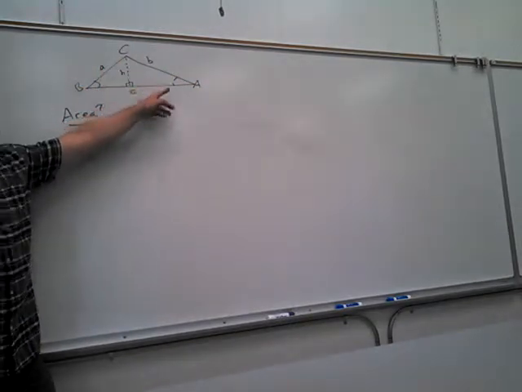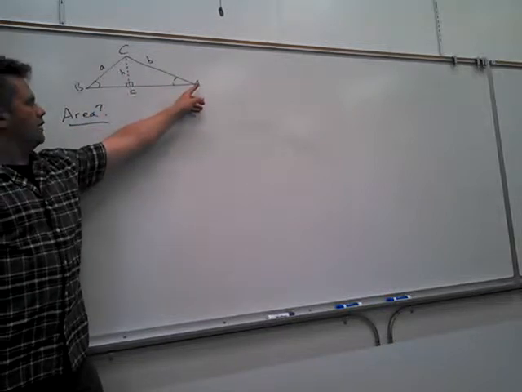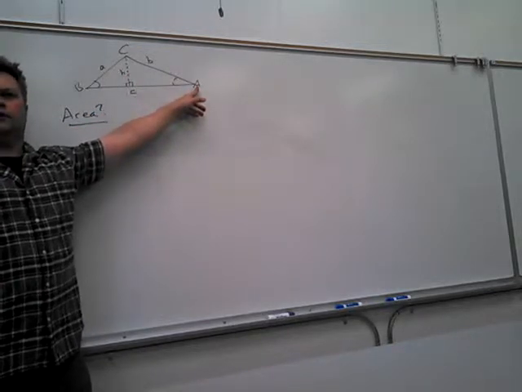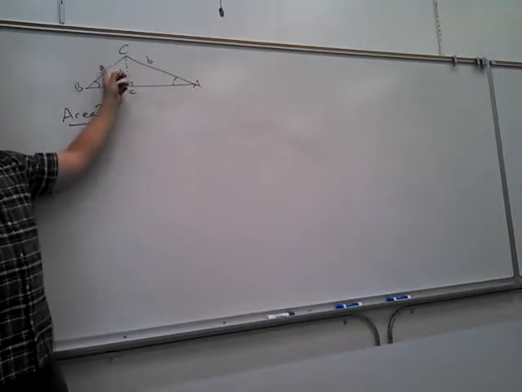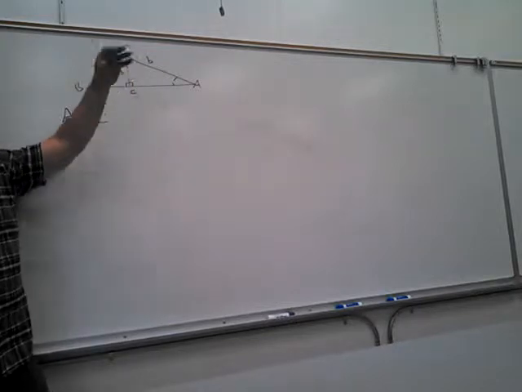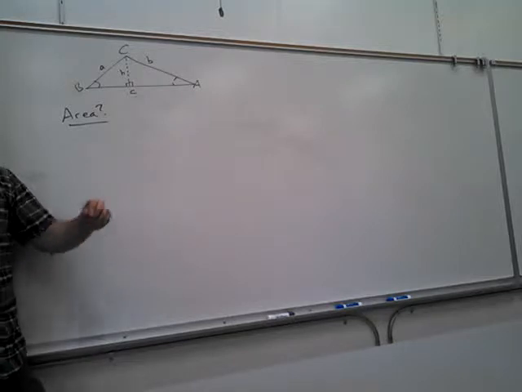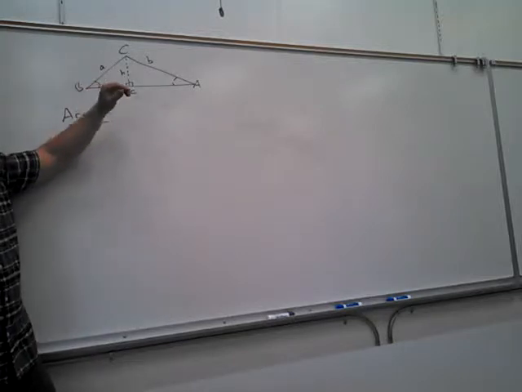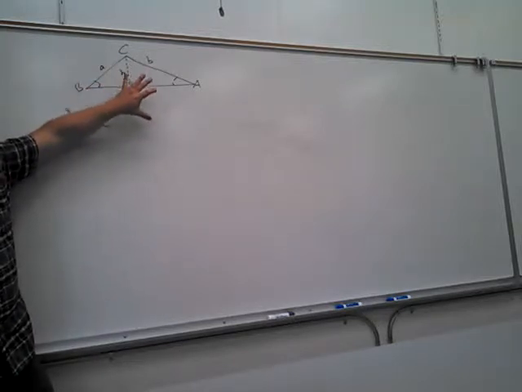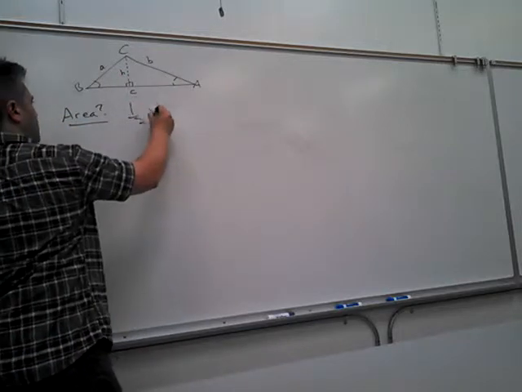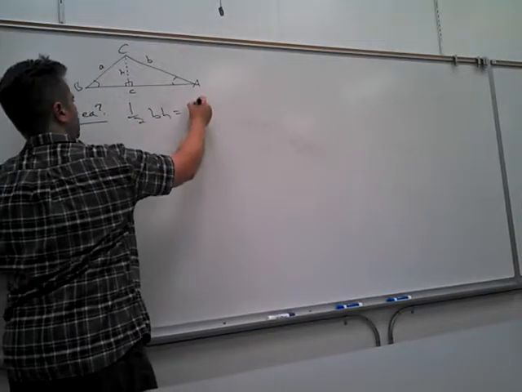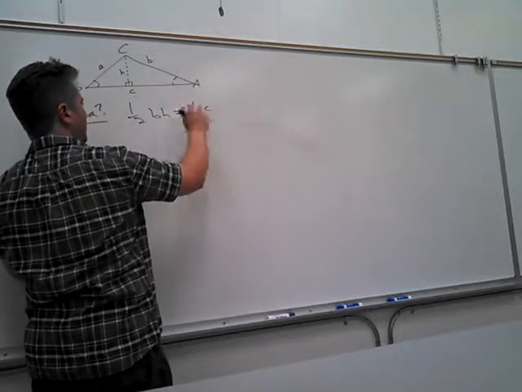I've got these sides, and notice how this is something we're going to do very often. We're going to have angle A here. Angles are normally capital letters. And right across from it is the associated side, so it's going to be the lowercase of that letter. Right? It just makes it easier to reference what's going on. If I wanted the area of this thing, it's going to be 1/2 the base times the height. And the base is c. Well, that's nice. And the height, I don't know